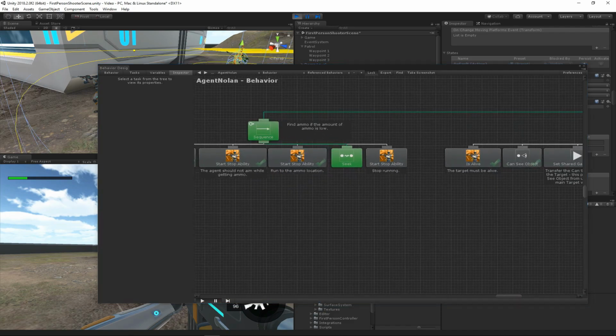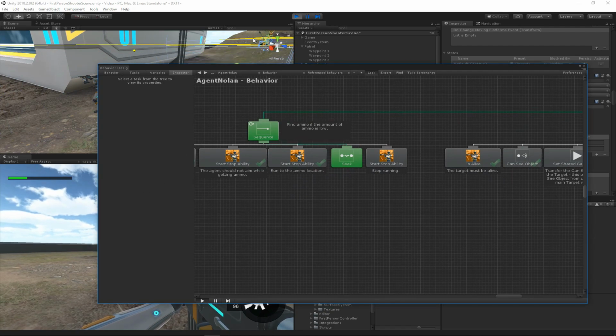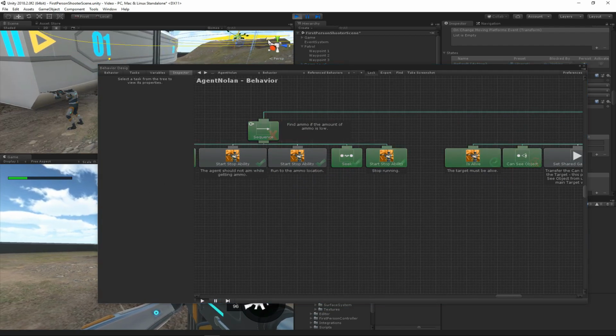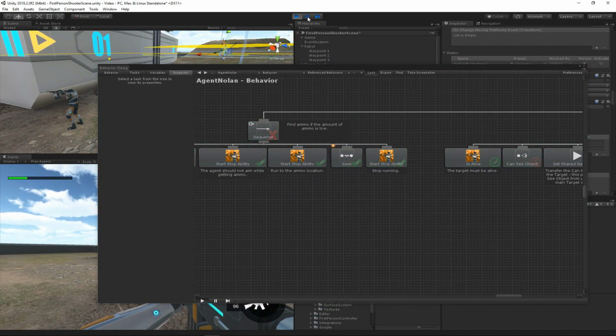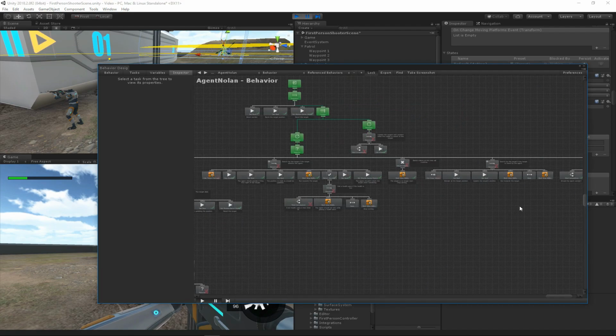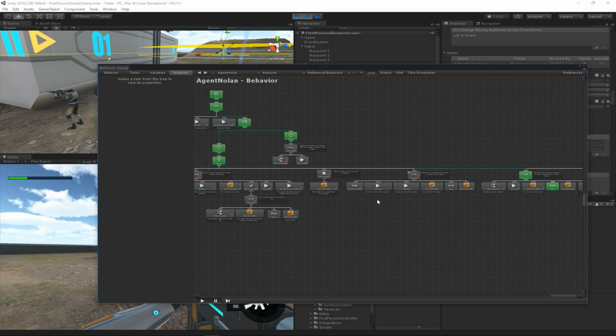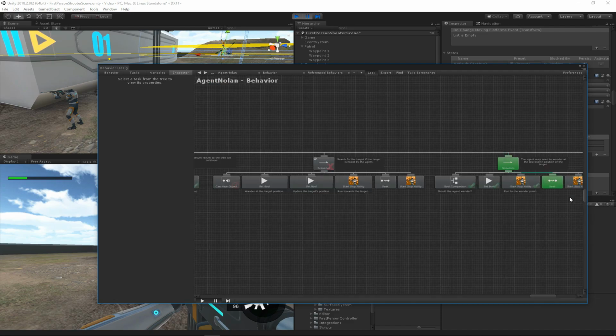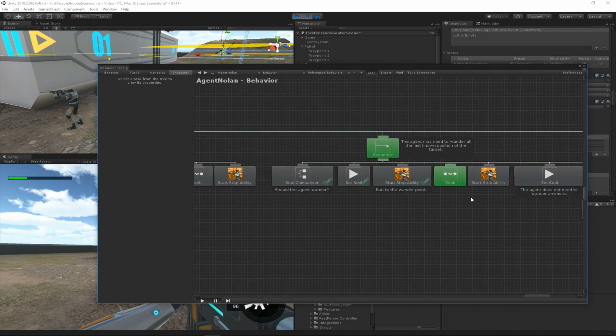As soon as he gets ammo, which the ammo location I think is up on that hill somewhere, this seek will return success, and then he'll start resuming his normal behavior, which in this case, it looks like is to start wandering to the last known point,